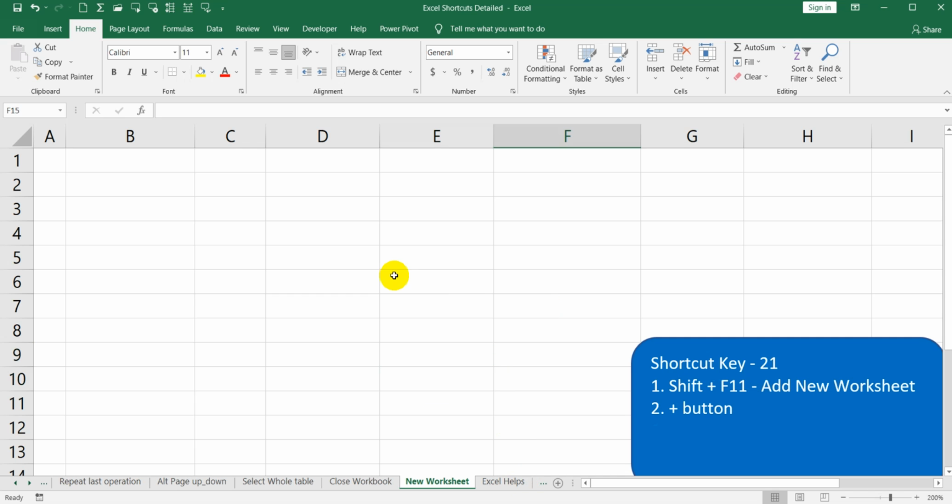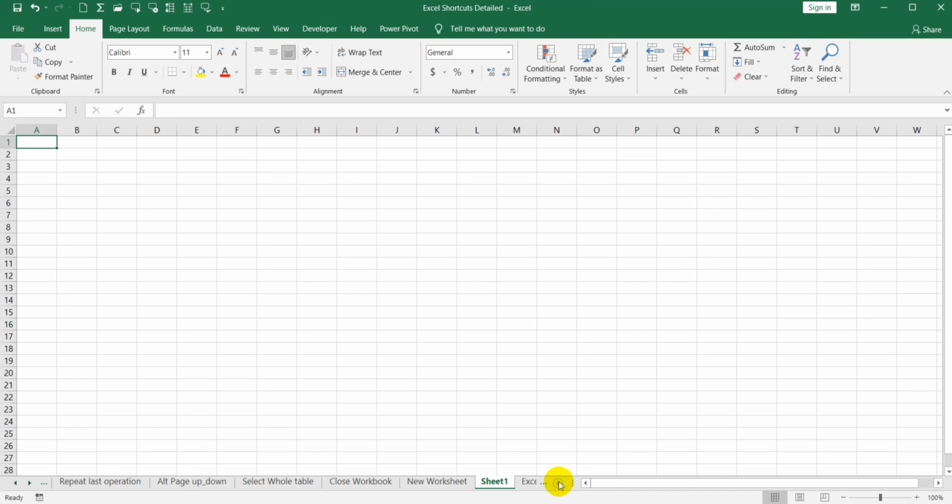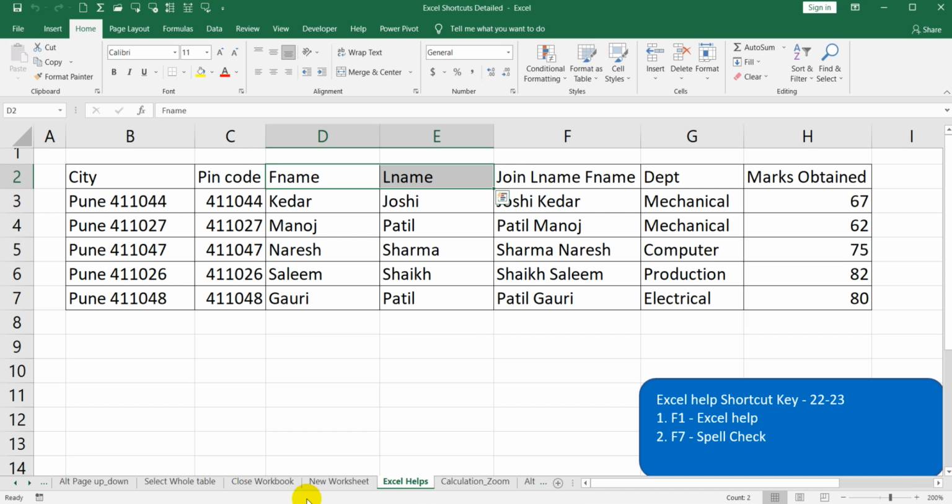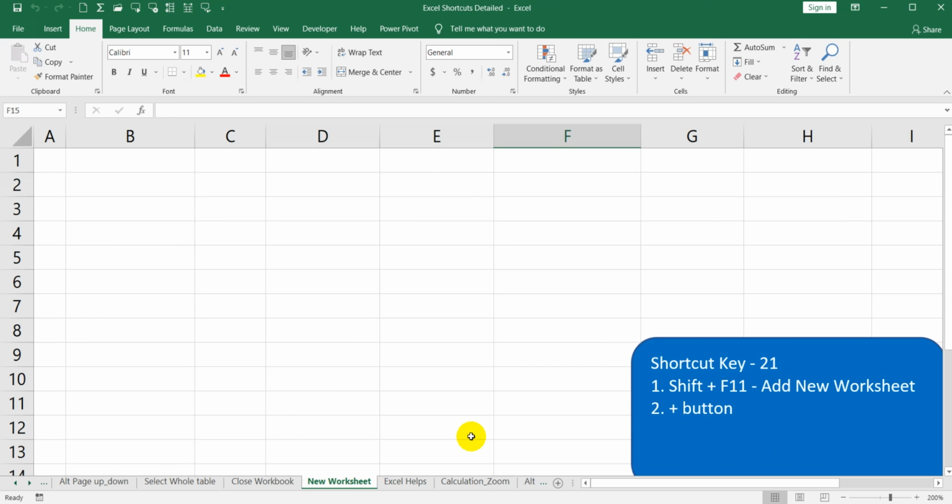The next is new worksheet. If you want to add a new worksheet, we can use the plus button. You can see if you click on the plus button, it will add multiple sheets. So let me delete this first. And again with the shortcut you can use Shift F11.